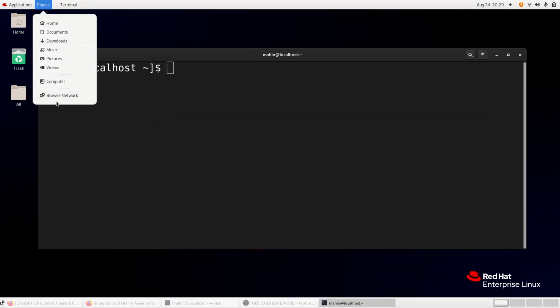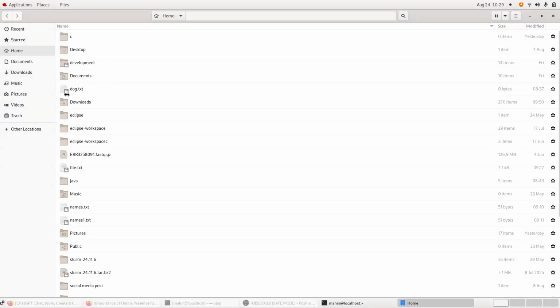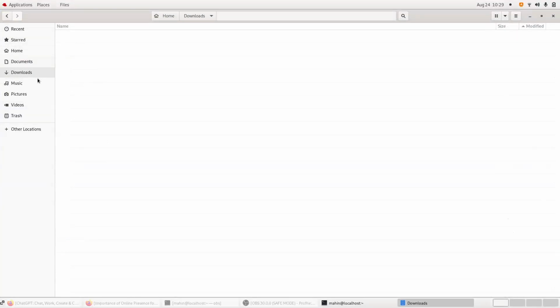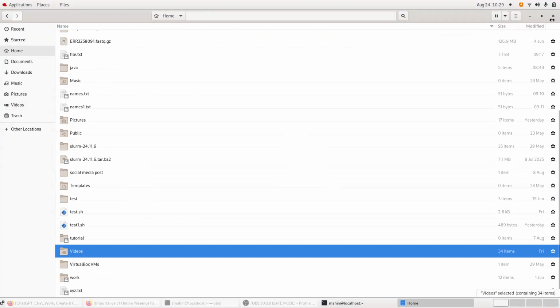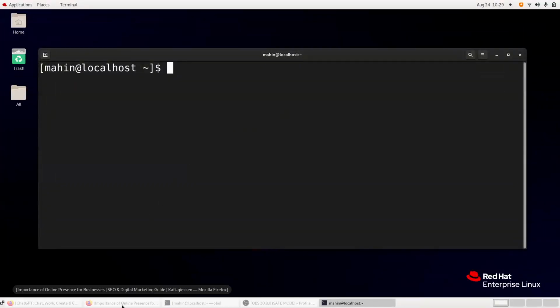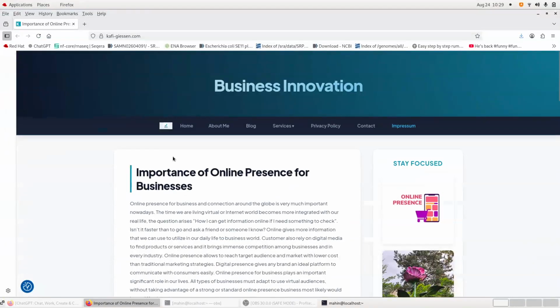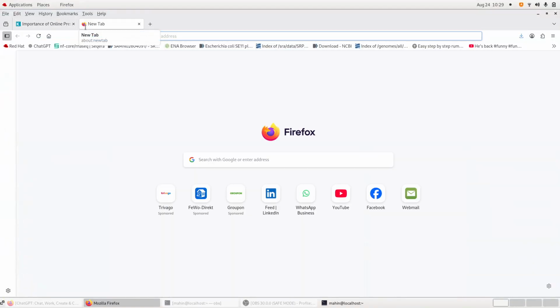Also we have storage here. You can see home. Inside home: documents, downloads, music, pictures, videos. Okay, this is home, this is the browser, this is the website, and Red Hat Linux,